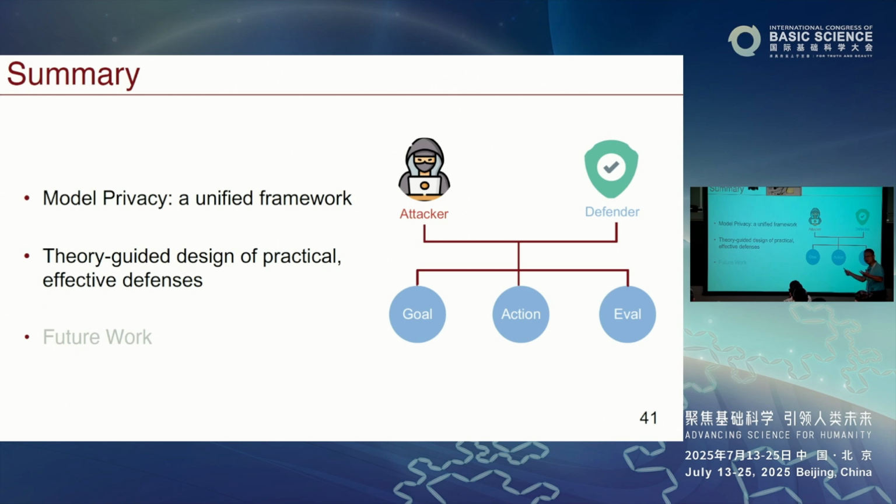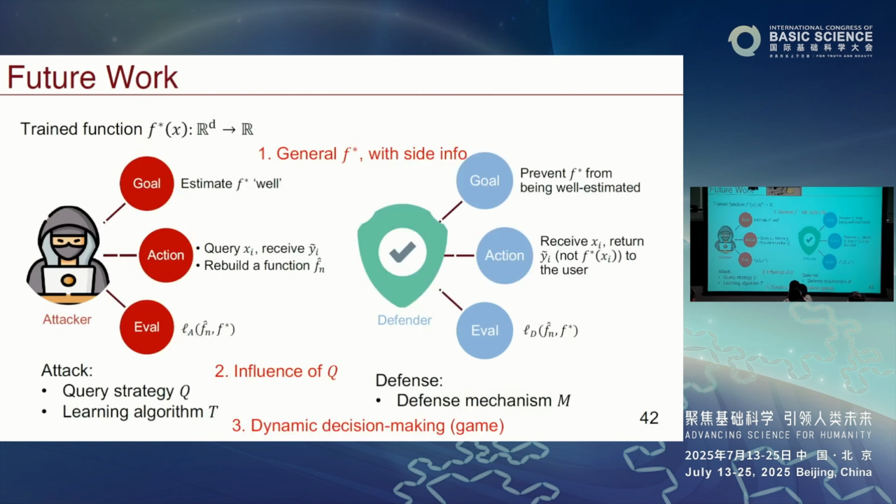So we try to set up a framework to understand model splitting attacks and defense, and we feel somewhat comfortable, it makes some sense. Although there are a lot of issues that we want to explore in the future. So one is that maybe F star should be more general, especially for neural networks. Those are the ones we really use. Maybe the class should be more in line with the neural network kind of representation.